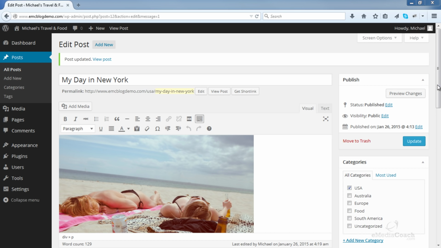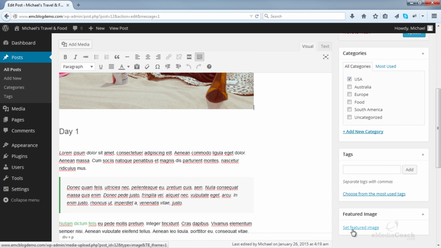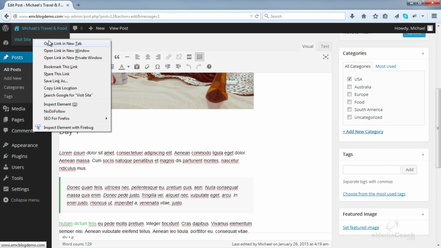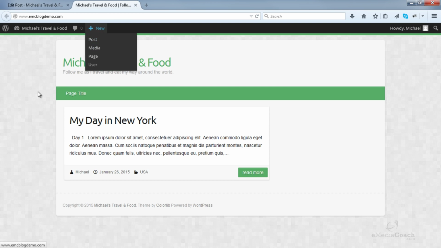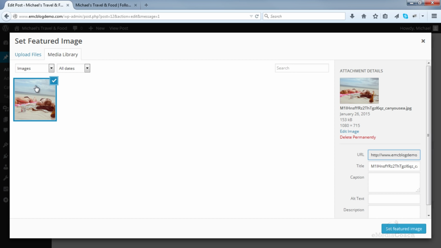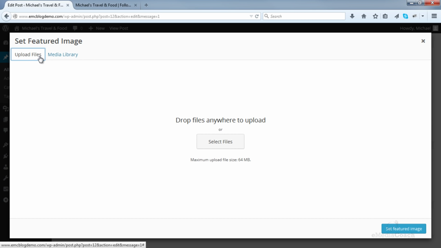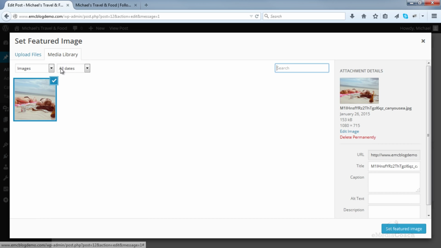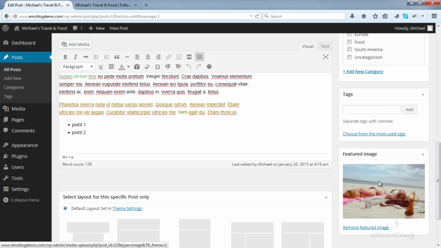Actually, I'll correct myself. We'll actually need that featured image section right now, because if we go to our site, you can see our post exists there, except there is no image associated with that. To set an image, click on Featured Image, choose your desired image from the media library. A media library is the section where all your images or documents are uploaded already. If you haven't already uploaded the images, just upload it from that area there. So I'll select that as my featured image. Okay, that's done.